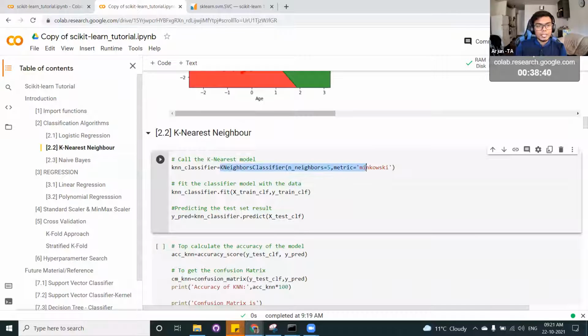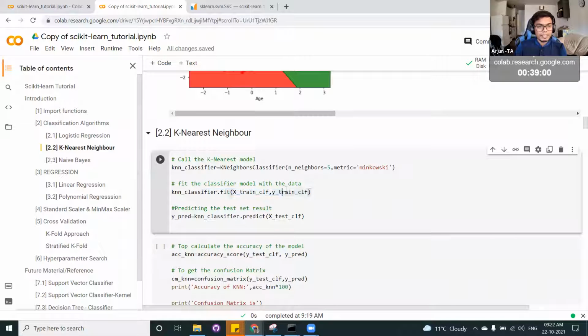Then we will call the KNN classifier and set 3 neighbors, or 5 neighbors, or 7, 11. You can easily implement this kind of model using scikit-learn, and you can try different k values and get an optimal k value that generalizes well.